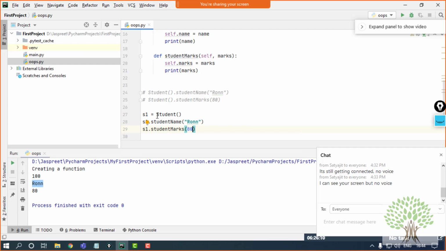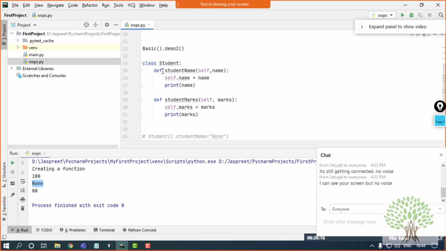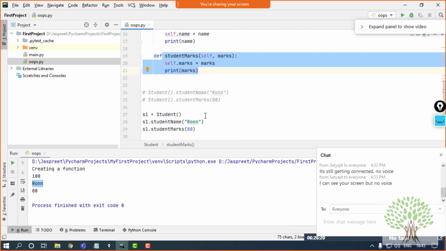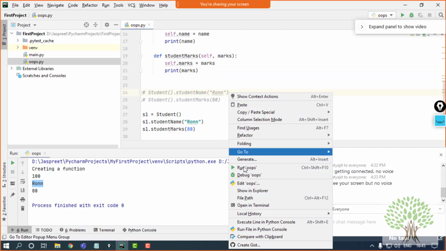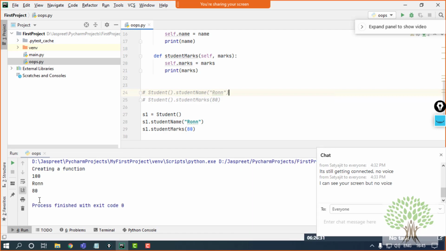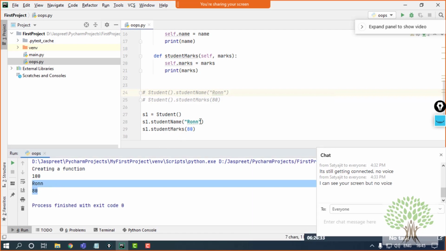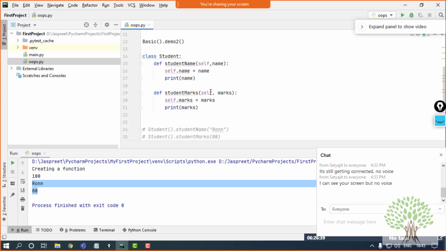Now over here, once this syntax has been used, only one object has been created. Using the reference only, I am using these two functions very easily. As many functions and variables as I have, I can access them using this reference. Now if I run this, the output is going to be the same. Just the management has been changed, and now I can just call this S1 to see the result.